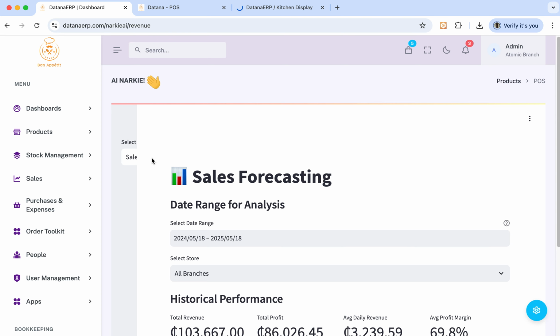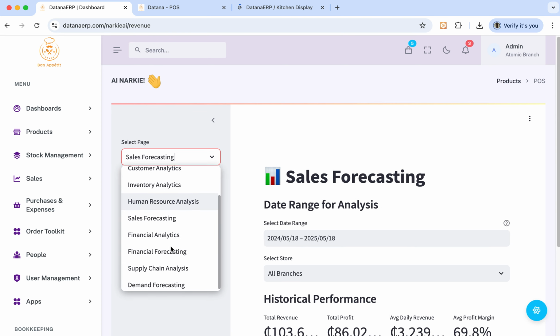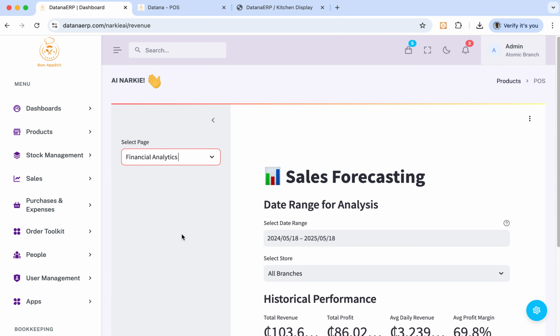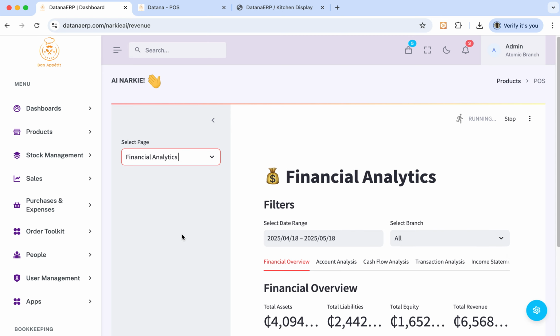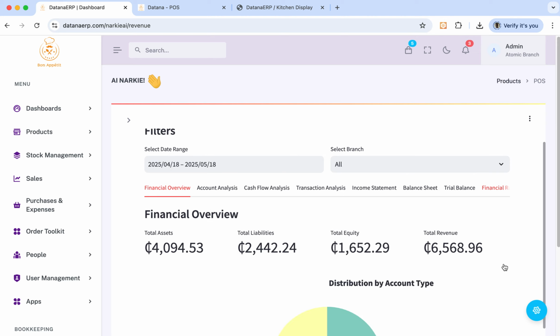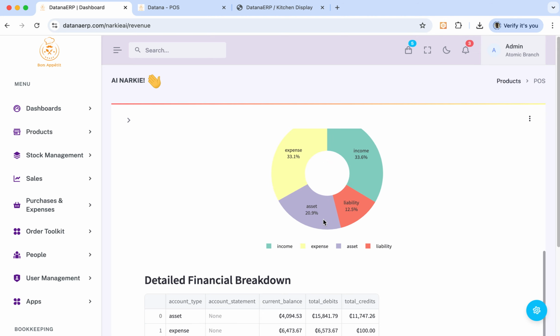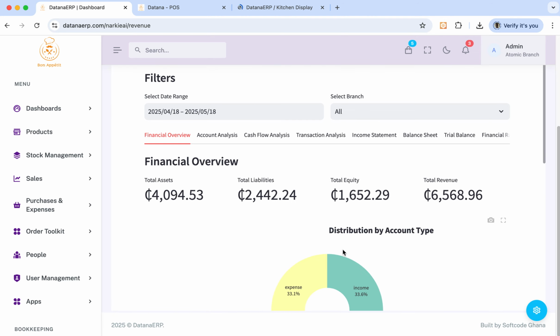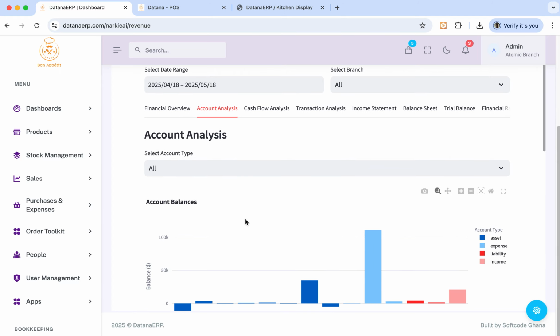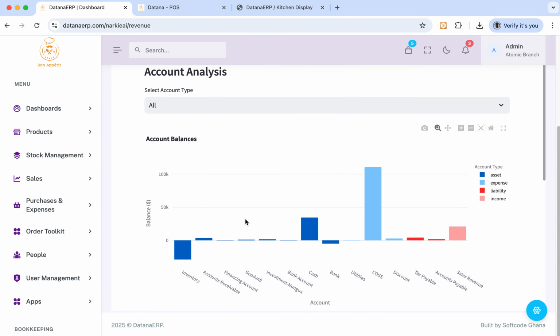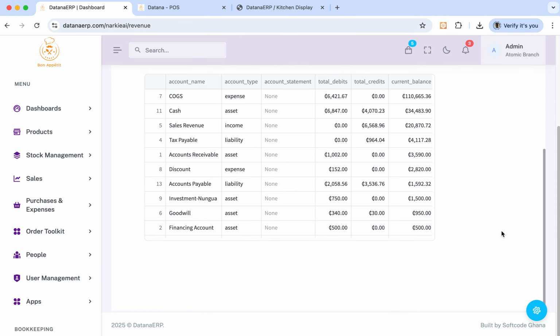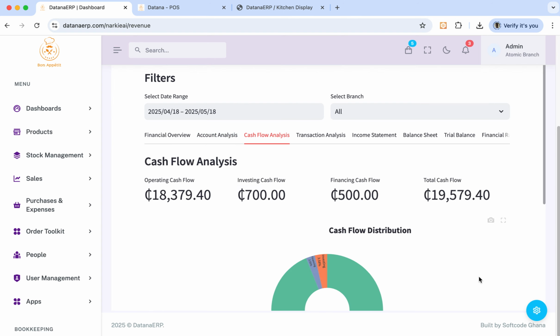So right after sales forecasting, we also have what we call the financial analytics. So we help you analyze your finance. Financial analytics is where we help you analyze your finance by distribution, your assets, your expense, your income account, your stock analysis, your account analysis, sorry. And then we help you track all your account balance, your cash flow analysis,